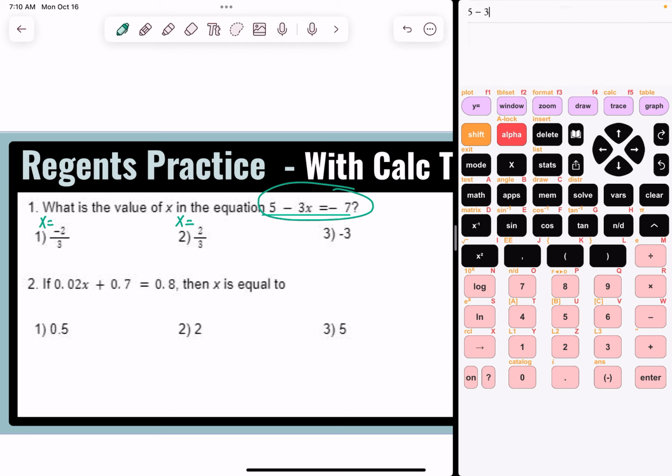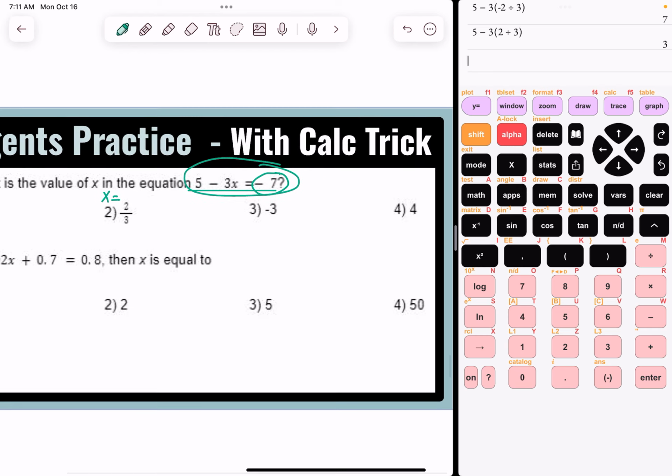If you had 5 minus 3, and you replaced x with negative 2 over 3, that answer would just give you 7, but we need to get -7. So that's why your calculator would tell you false. You would then go ahead and try positive 2 over 3. So you would tell your calculator that x equals 2 over 3. You would type in the same equation, and it would say false. The reason why it would say false is because that left side would end up giving you 3, and 3 does not equal -7. So then you would tell your calculator that x equals -3,